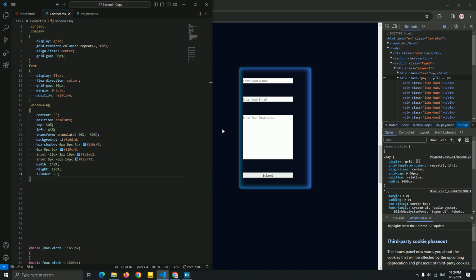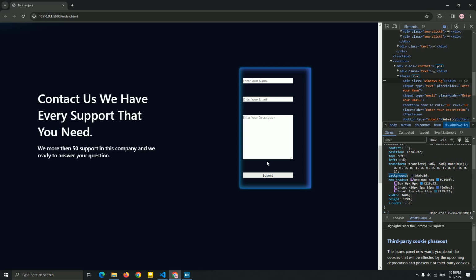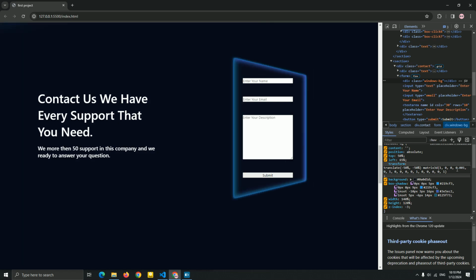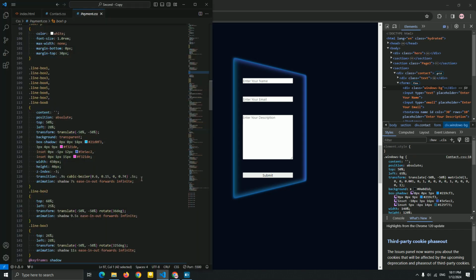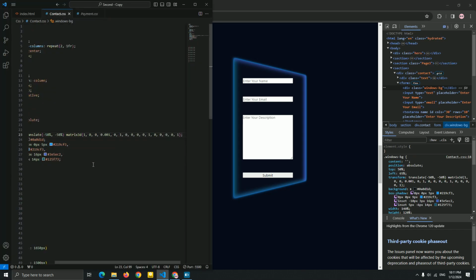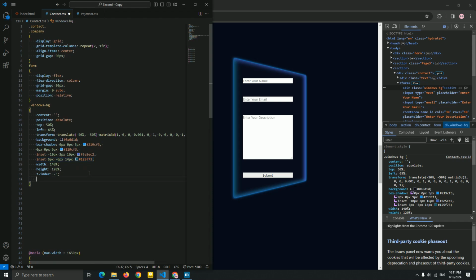So I'm gonna add the matrix 3D, to be like this window if you see it. So what we need for this, let me see. No, yeah, this is it, guys. As you can see it, this is good. Okay, just add it. Let's go next. Let me add this transition of this cubic here.